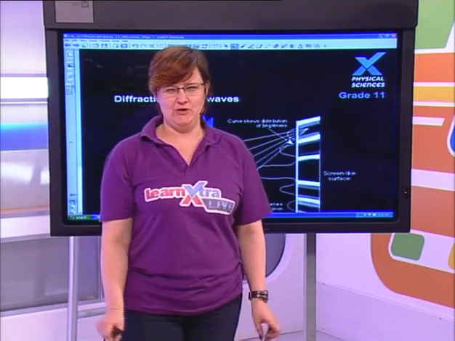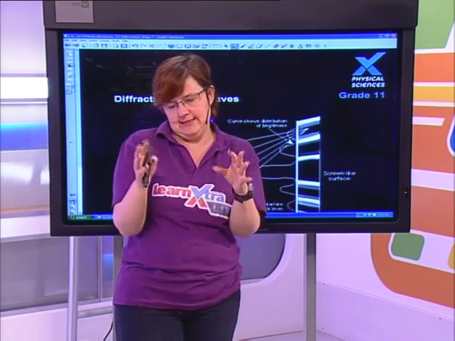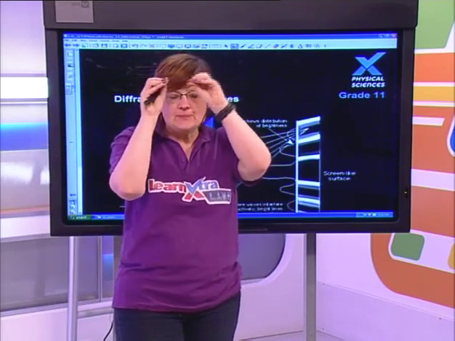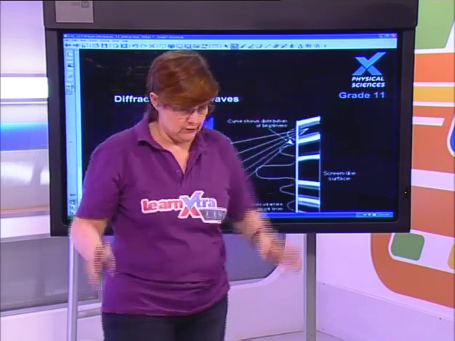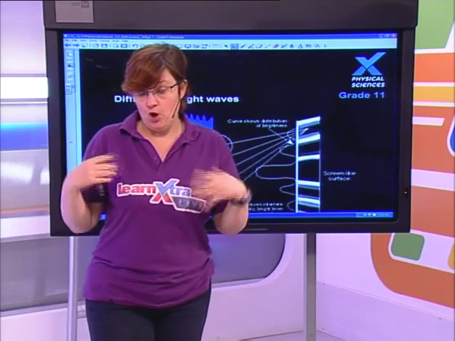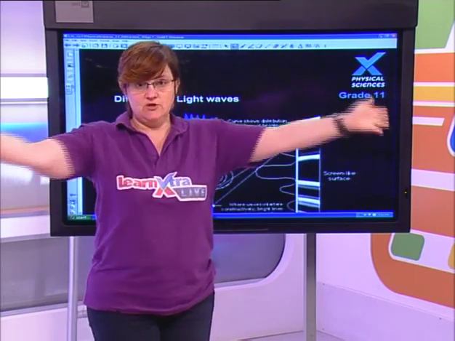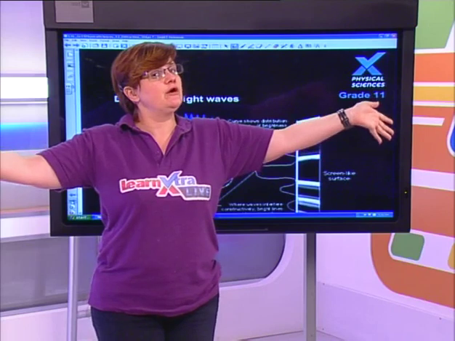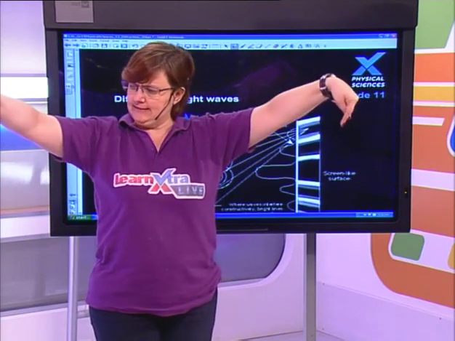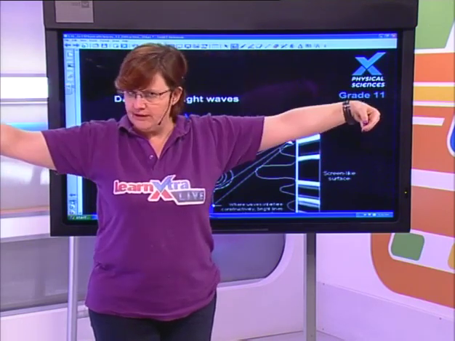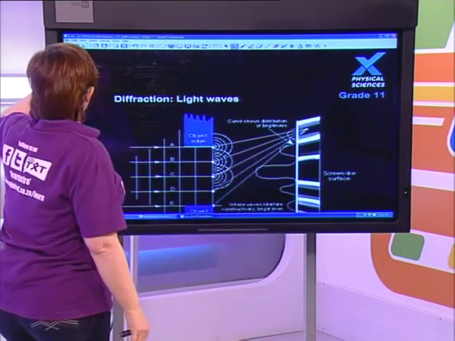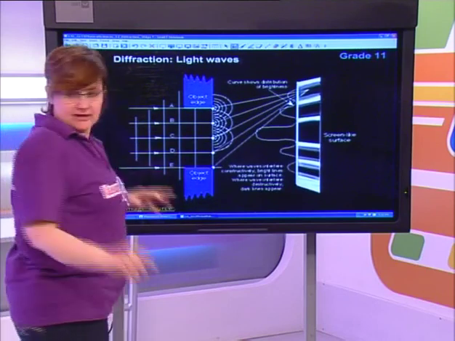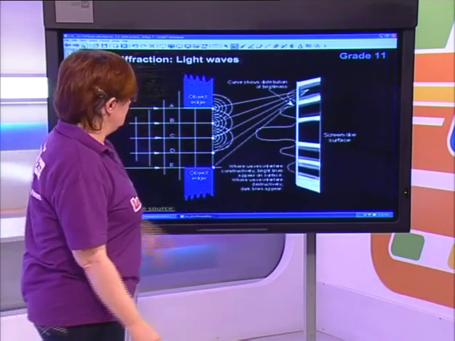Now, let's get the nitty-gritty of why we saw that bright band in the middle and then the dark bands on the sides, okay? I'm hoping you all understand why the light could spread out into a pattern, but now we're going, well, if the wave is bending, why isn't it just one big red stripe? Where do those black things come from? So, what we have here, and I know Megan's busy putting it on the page as well, is the diagram